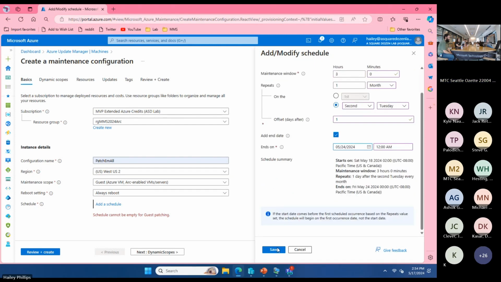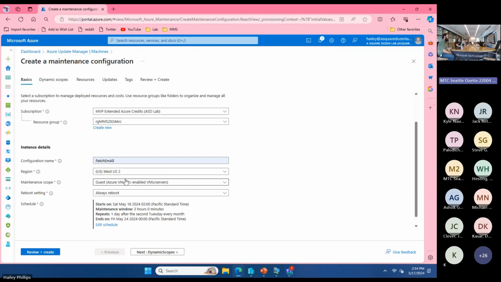Done that. And I'm gonna hit save. What happens if you don't have an end date there? It's just gonna keep going. So it's just going to continually check every day where you say not to. Well, so it's gonna periodically assess because we created periodic assessments, but the maintenance config is only gonna run on